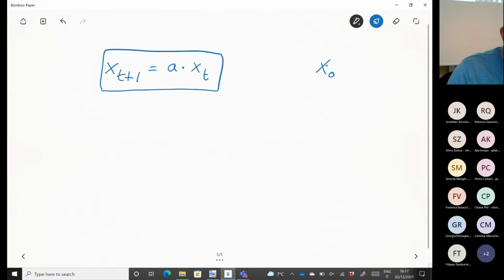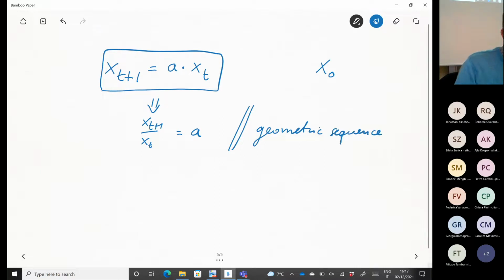Start with a certain level at time 0, x0, and then the evolution is x(t+1) equal to a x(t), but this can be written as x(t+1) over x(t) equal to a constant, a, which means that our variable follows a geometric sequence, okay? Now, since it follows a geometric sequence and we have the solution formula for the geometric sequence, we can solve the equation. Why? Because